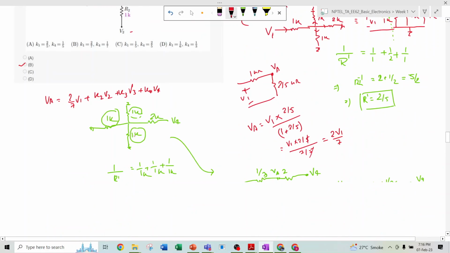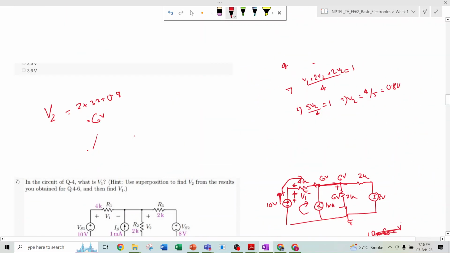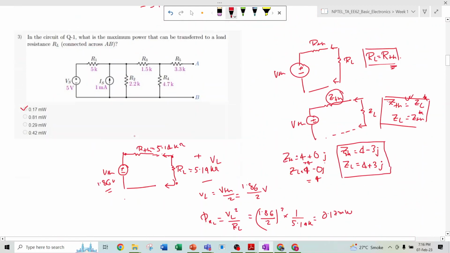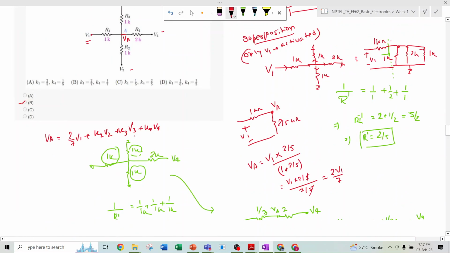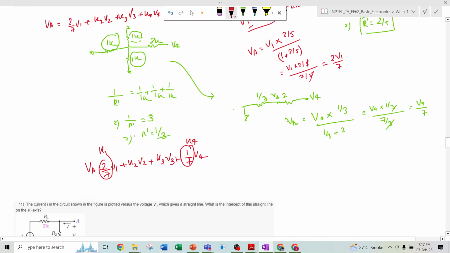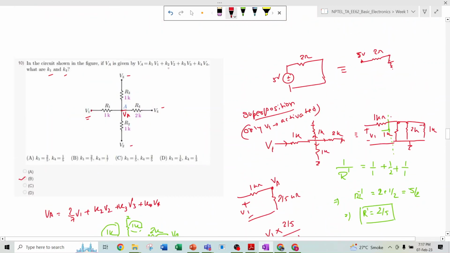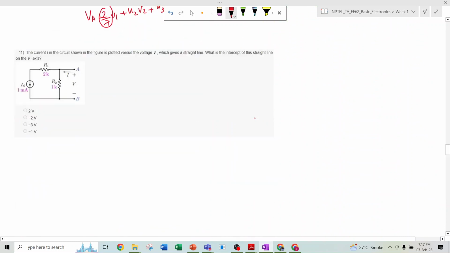So these are some basic problems. If you find any difficulty, you can ask. Otherwise, in the next tutorial also, I can discuss if you have any doubts. Actually, you should be able to solve it yourself. So in this question, you should also find out what is the value of K2 and what is the value of K3 in the similar manner. You can do it yourself also. So I am going to the next problem.